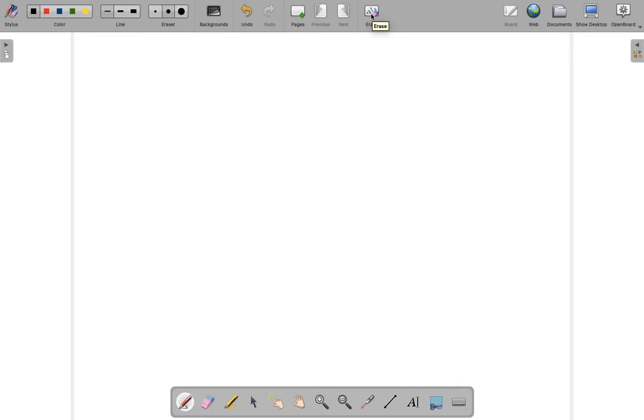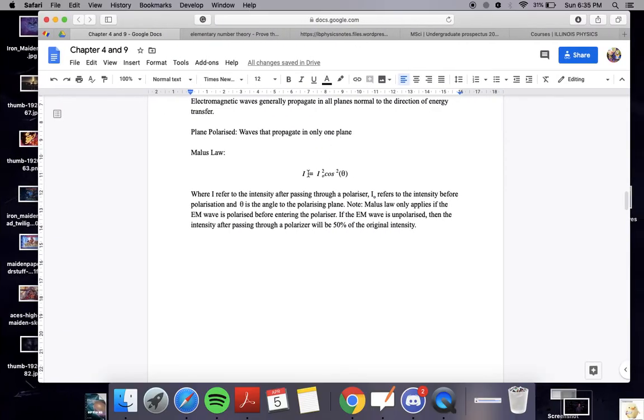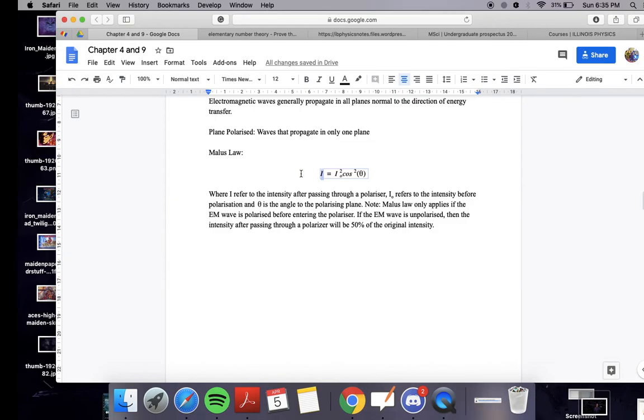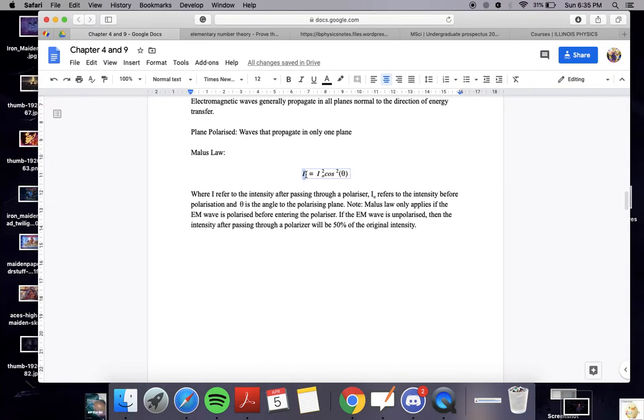Now whenever you polarize light, it will lose intensity, and Malus's law describes the intensity of any light that has been polarized. So Malus's law states that the intensity of the wave that has passed through